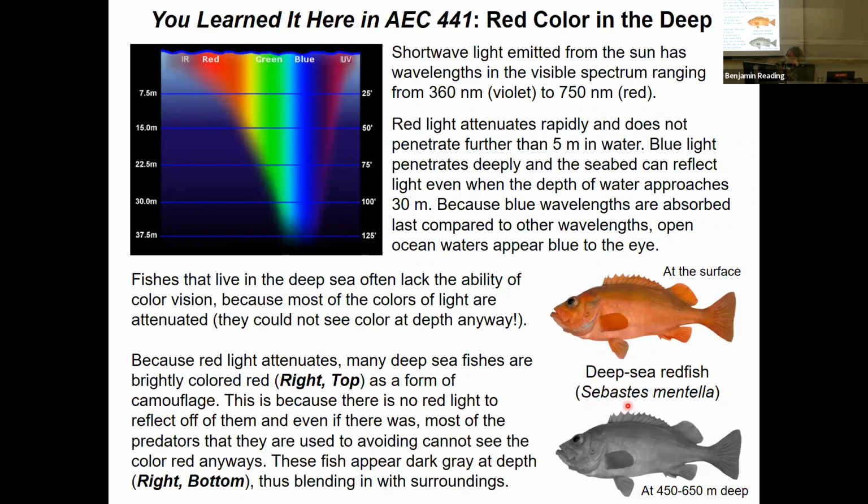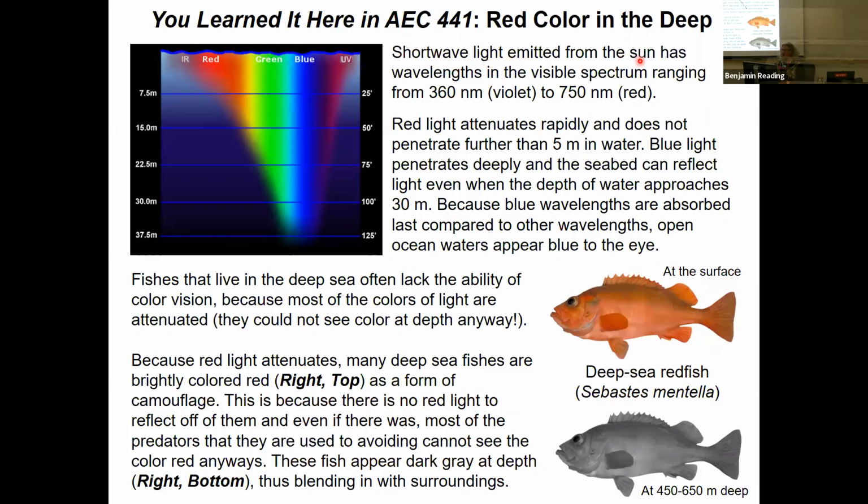So here's an example of Sebastes, the redfish. These things are brightly colored red at the surface. People go out fishing for these things and they pull them up, and they're brightly colored red. Everyone's like, wow, look how brilliant, this is beautiful. Well, this is a figure showing what light does as it goes through the water column. So short